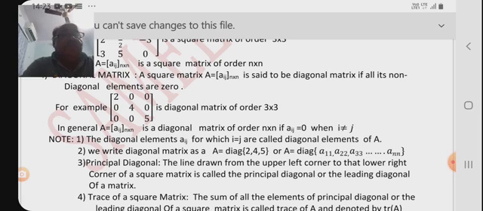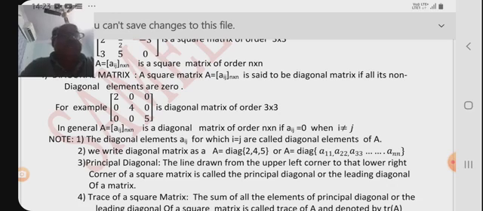Point number 2, we write diagonal matrix as A equals to diag(2, 4, 5) in our given example, or in general A equals to diag(A11, A22, A33, ..., Ann). अगर हम इन एलिमेंट्स को ब्रैकेट में रखेंगे तो इसको हम रिप्रेजेंट कर सकते हैं डायगोनल मैट्रिक्स से।